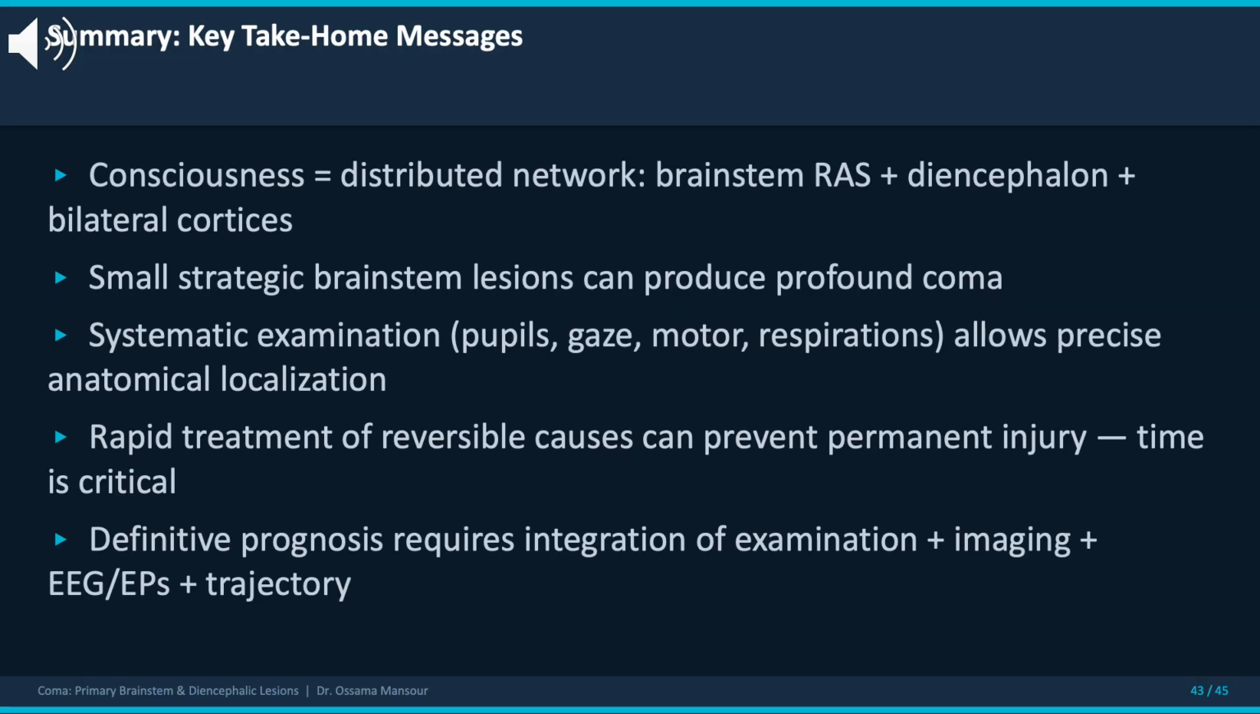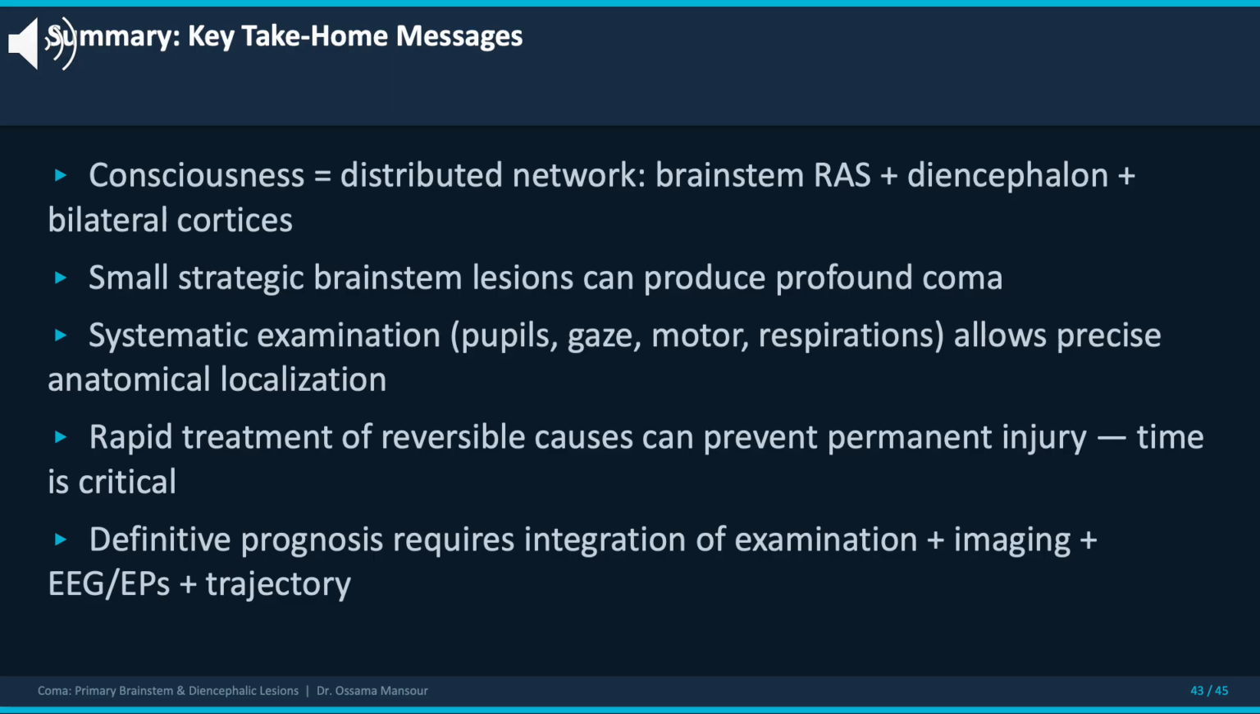As we conclude this comprehensive review, let me synthesize the key take-home messages that should guide your approach to comatose patients. First and fundamentally, consciousness depends not on any single brain region, but on a distributed network involving the brainstem reticular activating system, the diencephalic structures, including the thalamus and hypothalamus, and the bilateral cerebral cortices. This distributed nature explains why small, strategically located lesions in the brainstem or bilateral diencephalon can produce profound coma despite